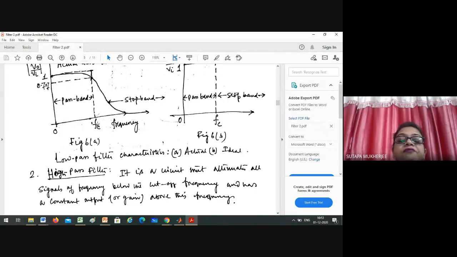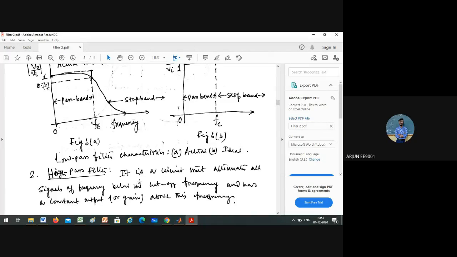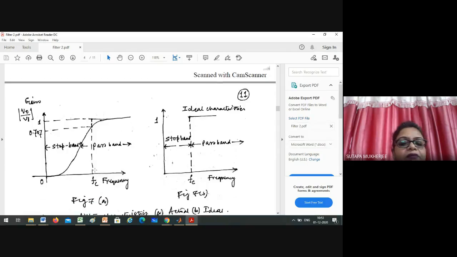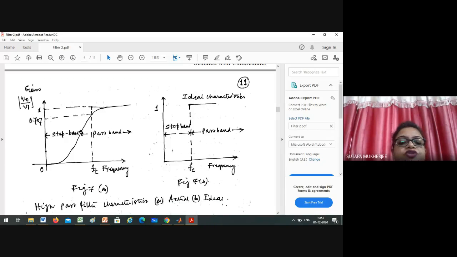তাহলে এফসি থেকে আমার পাস হবে, এখানে যেমন 0 থেকে পাস হয়ে এফসি তে ব্লক হওয়া শুরু হয়েছে, ওখানে ফ্রম এফসি টু স্টার্ট হবে। তাহলে আমরা গো টু দ্য ফিগার, এই দেখো, আমার এফসি থেকে স্টার্ট হয়েছে, যেটা আইডিয়ালে একেবারে এফসি থেকে স্টার্ট হয়েছে, কিন্তু ইন কেস অফ প্র্যাকটিক্যাল ফিল্টার বা অ্যাকচুয়াল ফিল্টার সেটা এফসি একটু আগে থেকে স্টার্ট হয়েছে, রাইট না? কিন্তু 0 থেকে হয়নি।